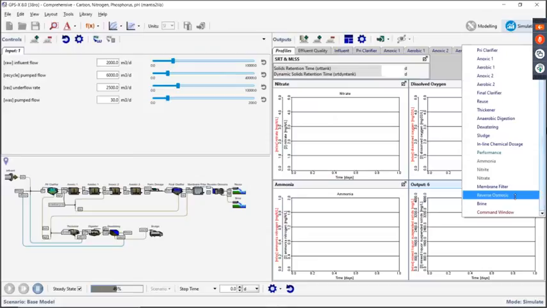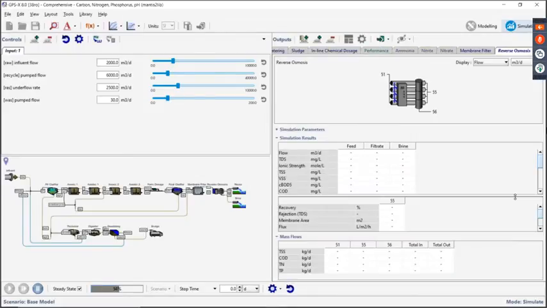So if we just run this at steady state, and I'm going to hop over to the reverse osmosis unit here. And so in this case, we're calculating things like osmotic pressure and then an efficiency of removal of those soluble compounds based on either their type of charge, like the type of compound that you have, whether it's a monovalent ion or multivalent ion and so on, or you can actually specify it directly. You can specify for each one of the soluble state variables that we have in the stream what its removal efficiency is.